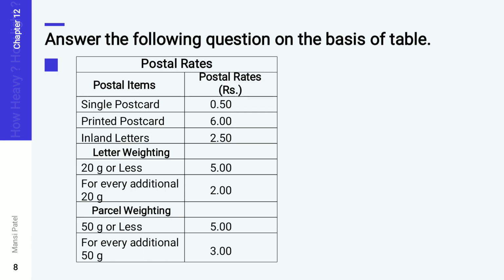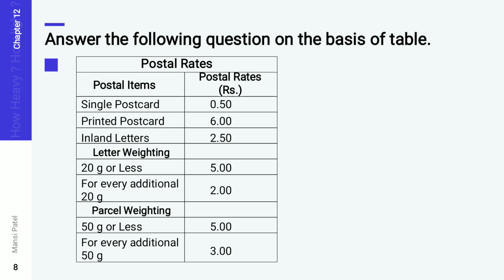Now see the next one. For the parcel, till 50 gram you have to pay rupees 5. Means if the weight of your parcel is 35 gram, then you have to pay 5 rupees. If the weight of it is 25 gram, then again you have to pay 5 rupees. But